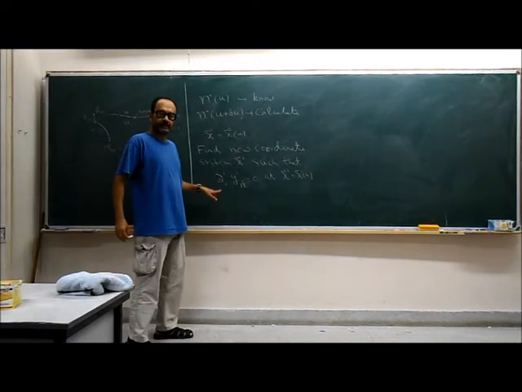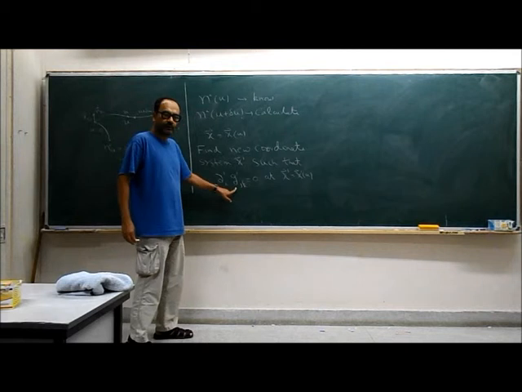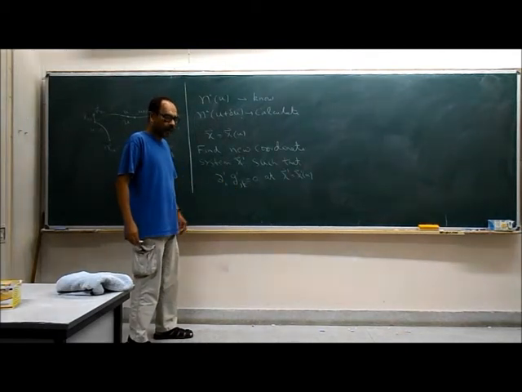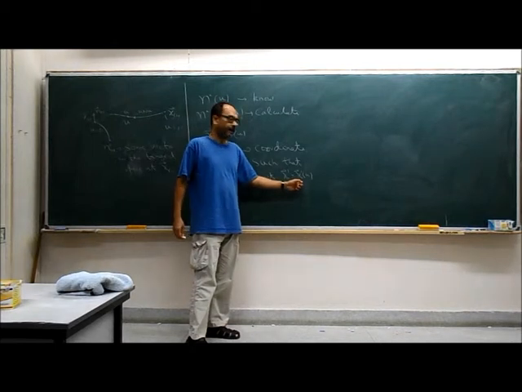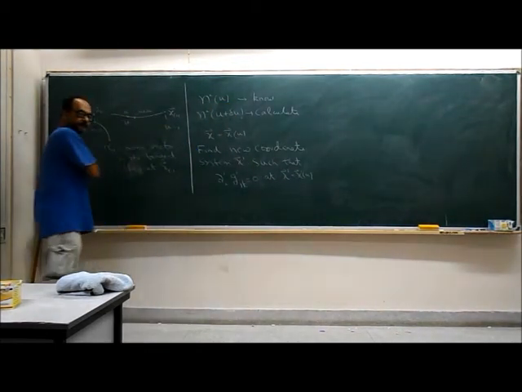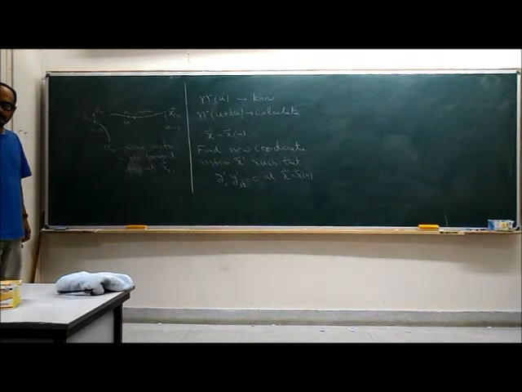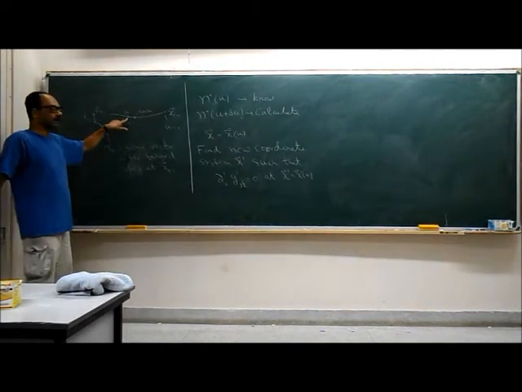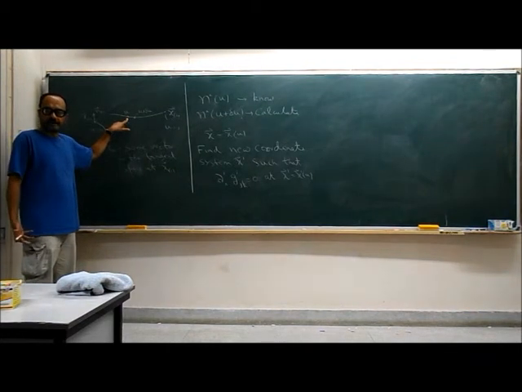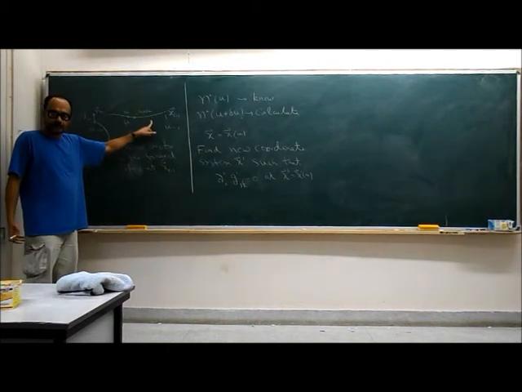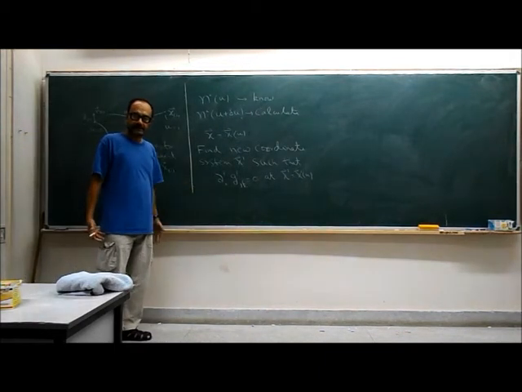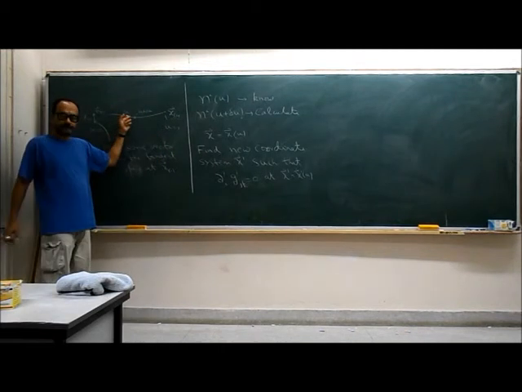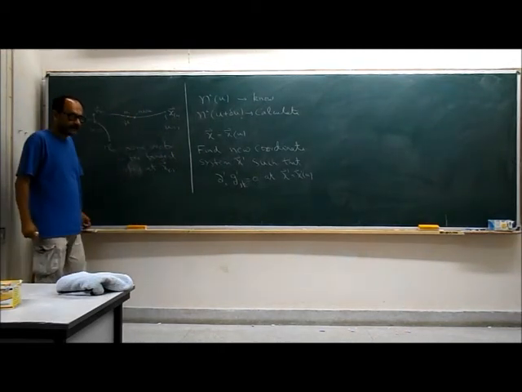So this, of course, you cannot set equal to 0 everywhere, but you can set it equal to 0 in the prime coordinates at one particular point, which you are choosing to be the same point, this point over here. We can think of it as the same point if we don't change the parameter. So you are thinking of u as labeling the curve. Here you want to change x to x prime. In the new coordinate system it will be some curve x prime of u. And the x prime coordinate system has the property that the metric derivative vanishes exactly at this point, not necessarily away from this point.